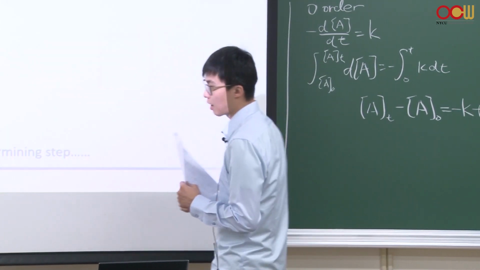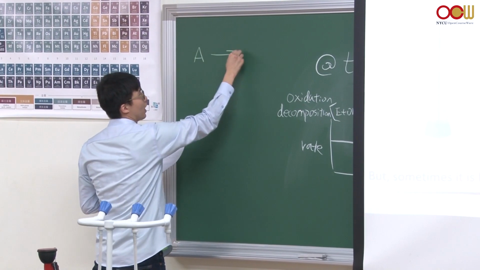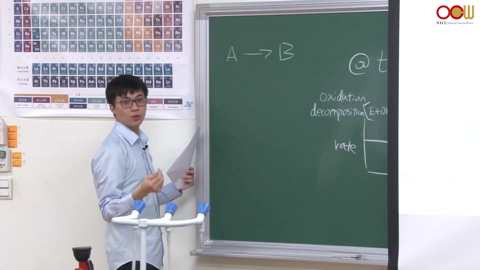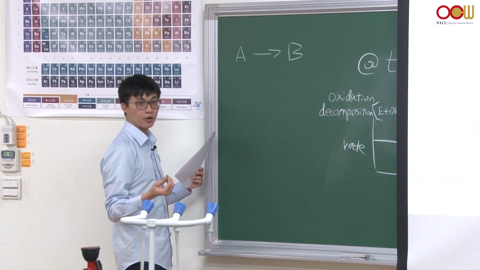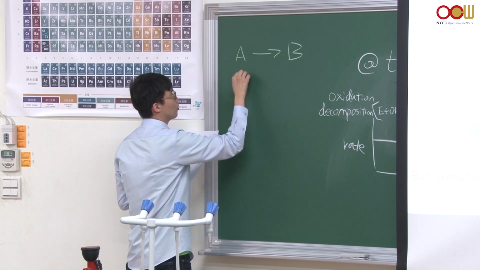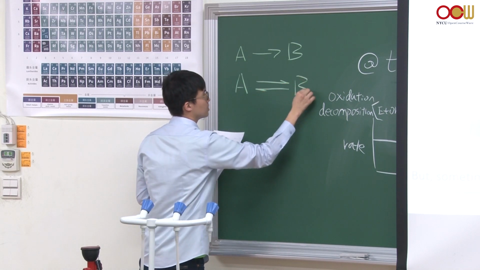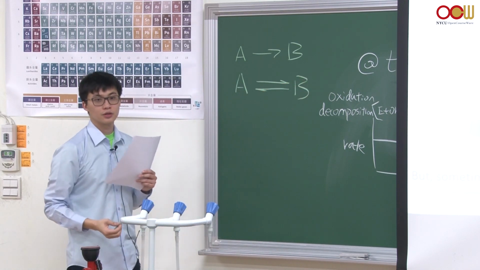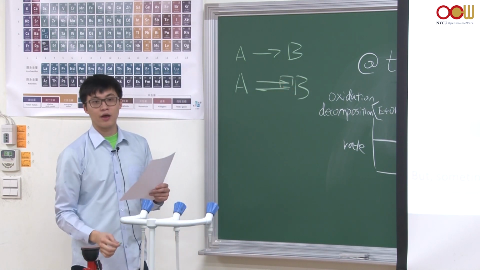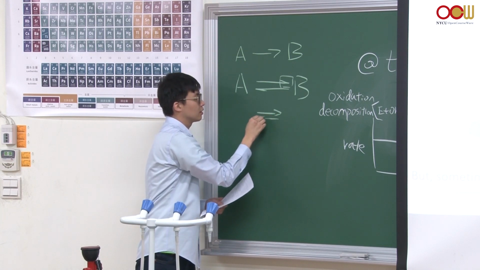Okay, so that means when I have a product, usually in a simple way, we say A becomes B. But in reality, equilibrium is always there, okay? Everything wants to be in equilibrium. So you will likely see an expression like this. It's called a reversible reaction. Note that the arrow here is a half arrow. That means it can go both ways. So do not write this.